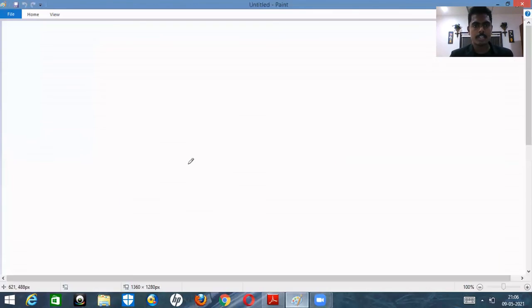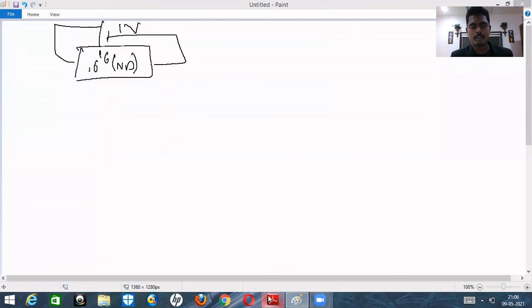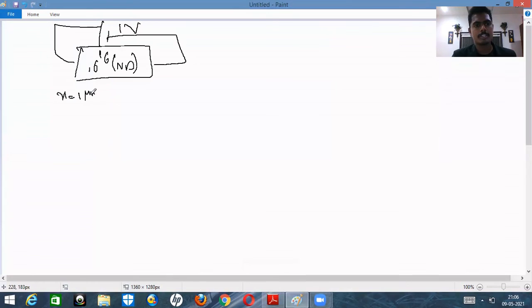So Nd is equal to 10 power 16 here. This is nothing but donor concentration. That is, it is an n-type semiconductor. So you have supplied with a bias. So what is that bias? It is nothing but 1 volt, right? So the bias is nothing but 1 volt. And what is given? It is nothing but 1 micrometer semiconductor. S is equal to 1 micrometer, 0 micrometer, and this will be x is equal to 1 micrometer.